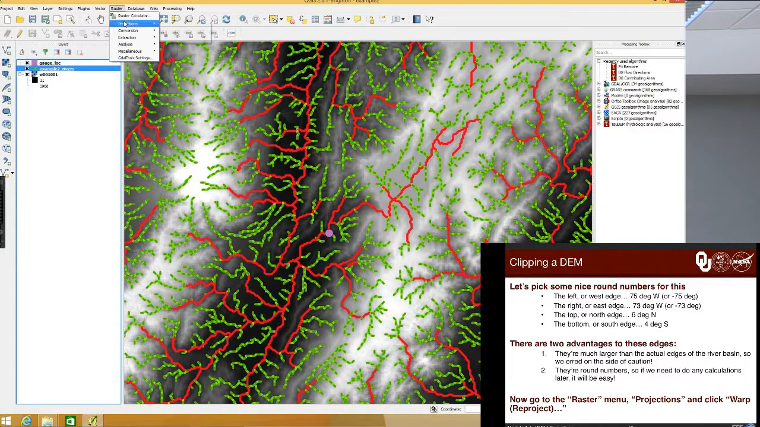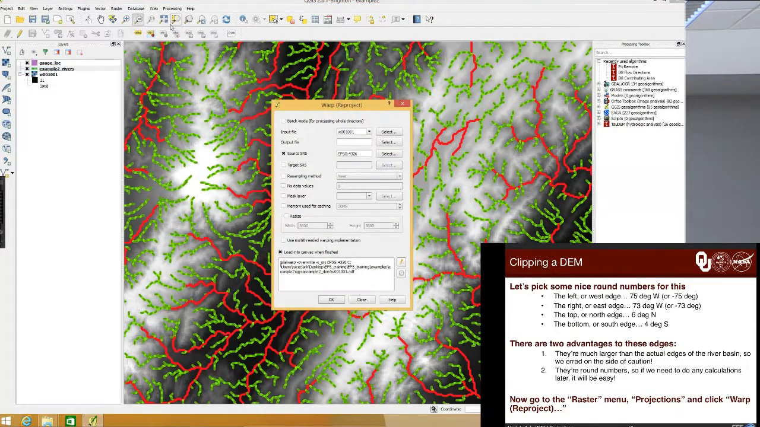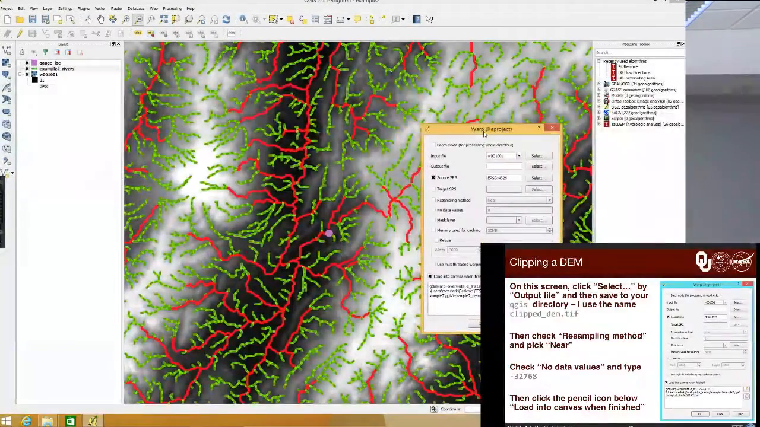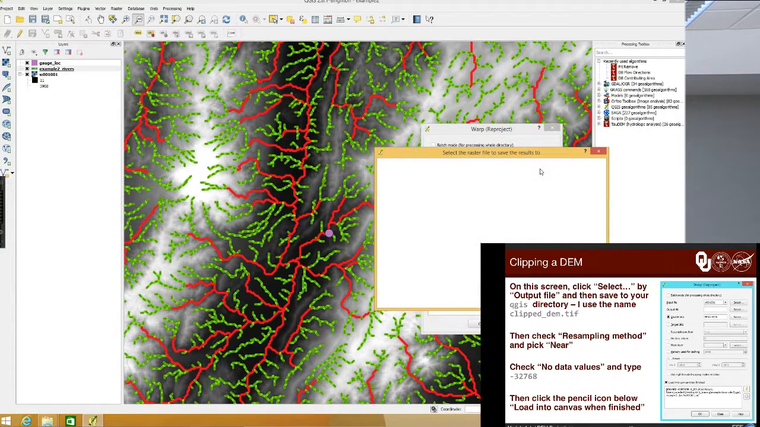Let's go to the raster menu, projections, and then warp (reproject). And when I click on that, a new dialog box appears. And I'm going to go to select right next to the output file. You notice the input file is already W001. That's because it has to be a raster, and so the only raster we have open right now is our DEM. So output file, we'll click select, and I'm going to go to desktop, EF5 training, examples, example 2, QGIS,